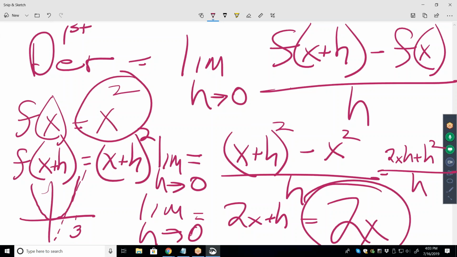So is that 6? In other words, the function that is the first derivative of x squared is 2x. So wherever x is, you can figure out what the slope of the tangent line is. So once again, calculus is about manipulating functions. Okay? I'm going to give you one more tough one,